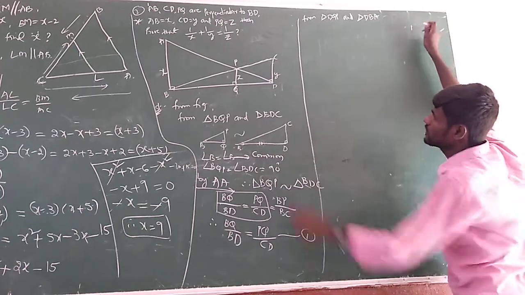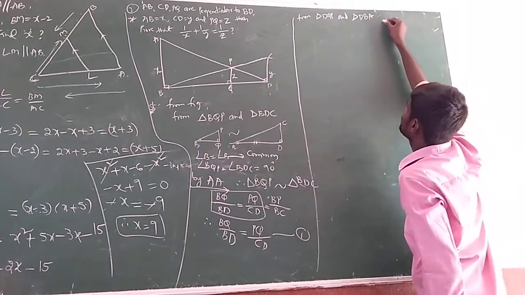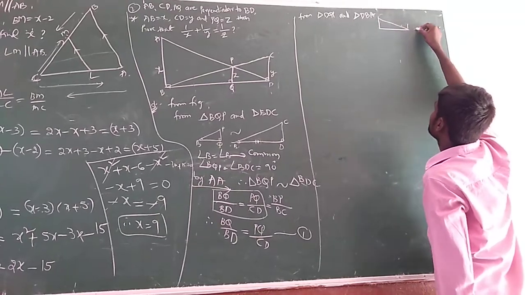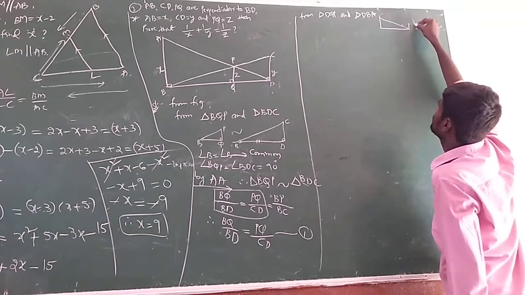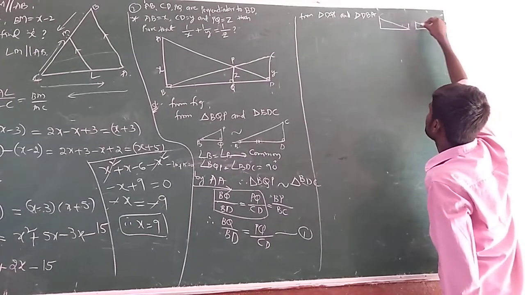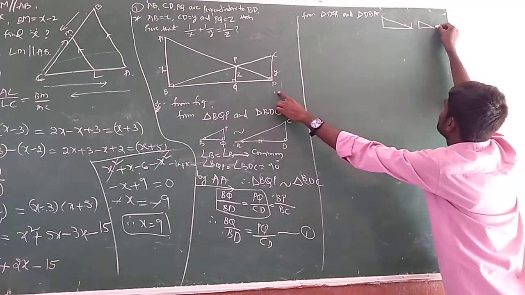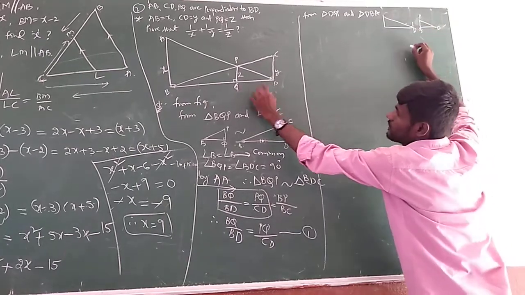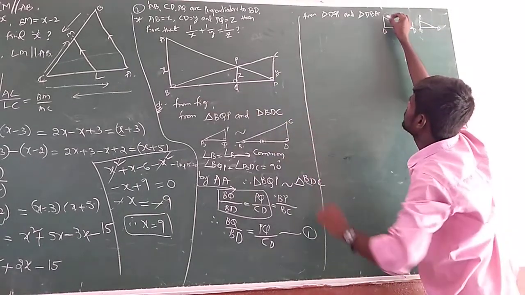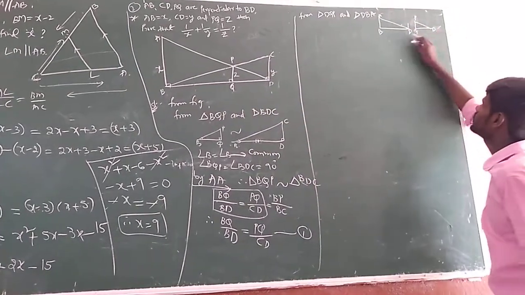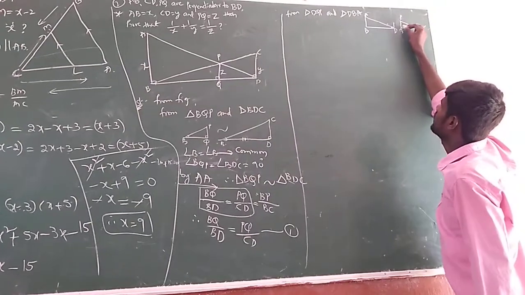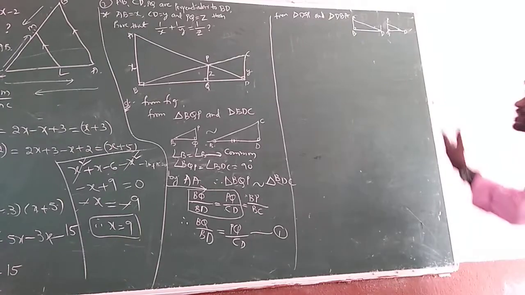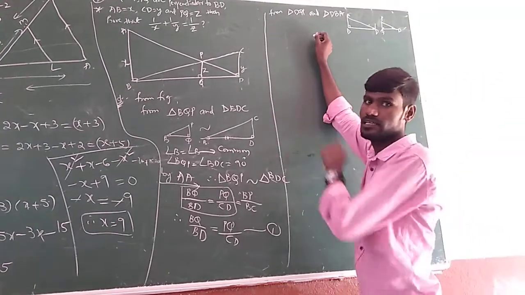So if you take them for your understanding, suppose it is one bigger one and one smaller one. Here it is D, Q and P. Next, the same D, but the right angle is at B. So if you observe, angle D equals angle D, common, and angle Q equals angle B, 90 degrees. So by the similarity criteria.